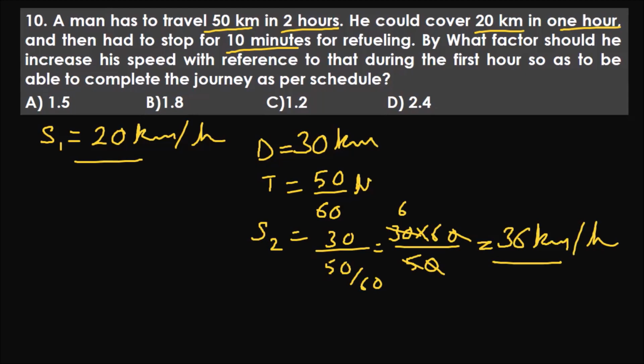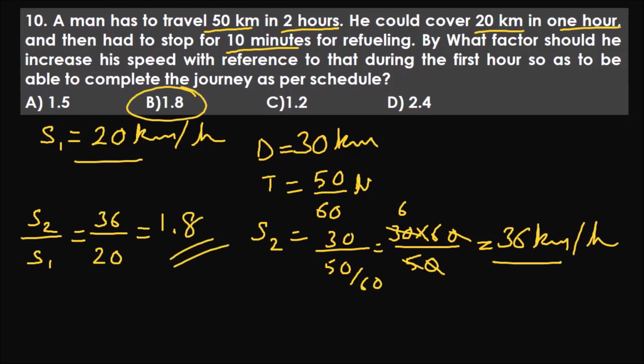So this is how many times of the first speed? That is the question. So all that you have to do is speed 2 divided by speed 1. That is equal to 36 divided by 20. That is equal to 1.8. That is the answer. Answer is bravo. You see that? It was just a basic speed, time and distance problem. It wasn't that tough. It's just that the language over there is meant to confuse you. Just break it down, segmentalize it, and then solve it. No big deal. Let's move on.